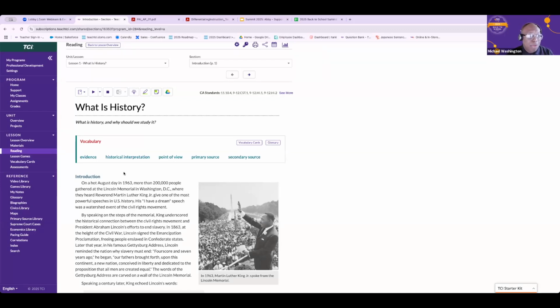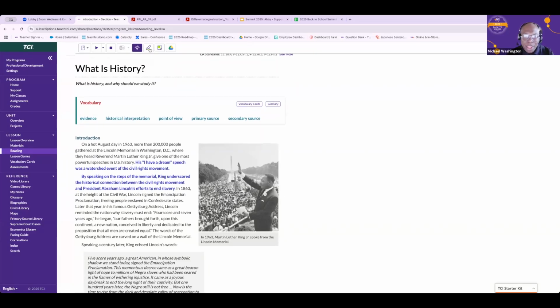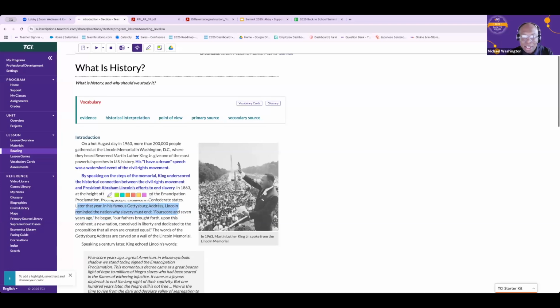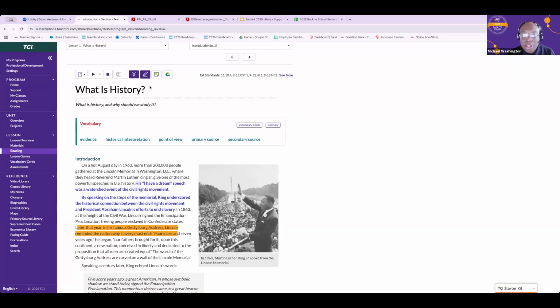Yes, you can print out the vocabulary cards. Absolutely. I wanted to show you guys, here's the main idea button that Abby mentioned as well, and our highlight button. You can highlight words that students may need to learn or are having a problem pronouncing or understanding. So these are good tools.